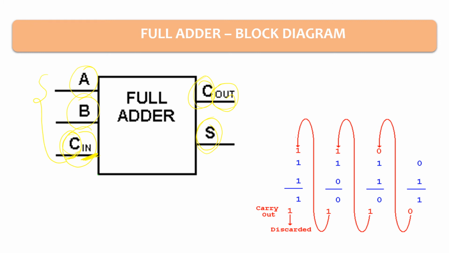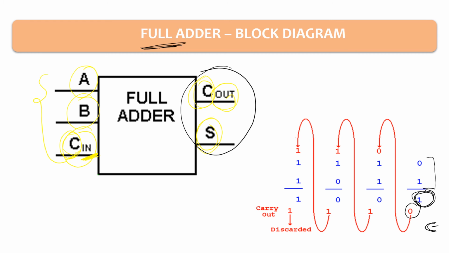Okay, so we'll start from this point and we'll go from right to left. See, 0 plus 1. What will I get? I'll get 1. But because I know that I am working with the full adder, I will always get 2 outputs, sum and carry. But 0 plus 1 gives only 1, right? So if I'm not getting anything like 1, can I say that 0 is my carry? Yes, I can say, because I'm not getting anything from the 0 plus 1. I got only 1 as my sum, so I got 0 carry.